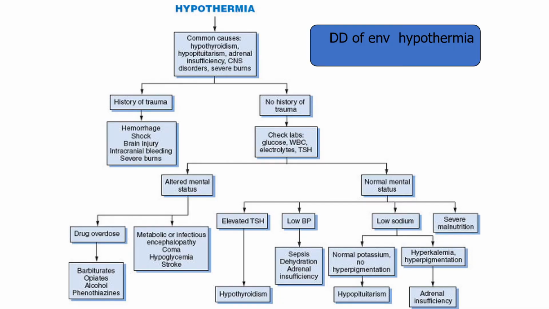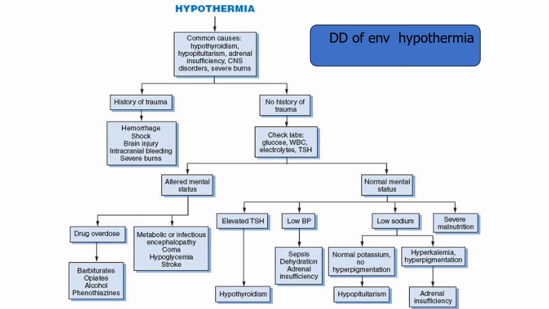Here is the differential diagnosis of environmental hypothermia. You find a patient with hypothermia. The common causes are hypothyroidism, hypopituitarism, adrenal insufficiency, CNS disorders, and severe burns. If the patient has a history of trauma, then look for hemorrhage, shock, brain injury, intracranial bleeding, and severe burns. If no history of trauma,